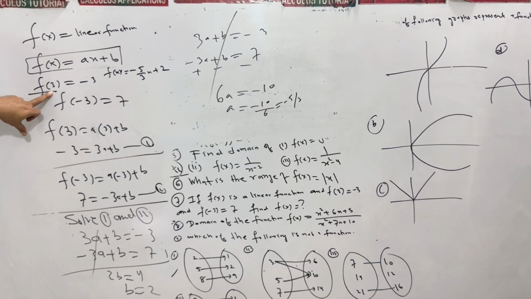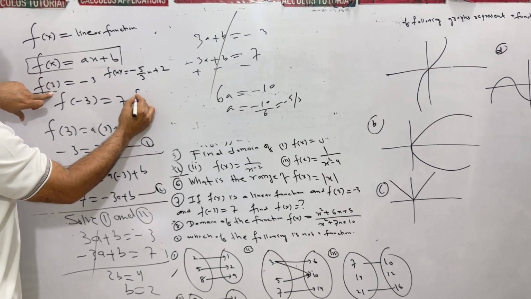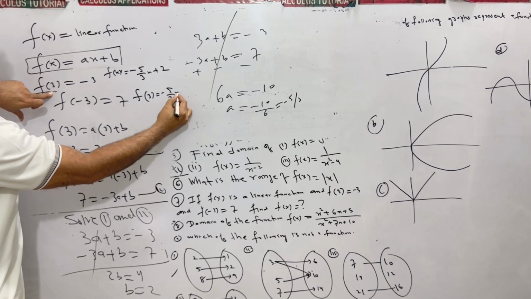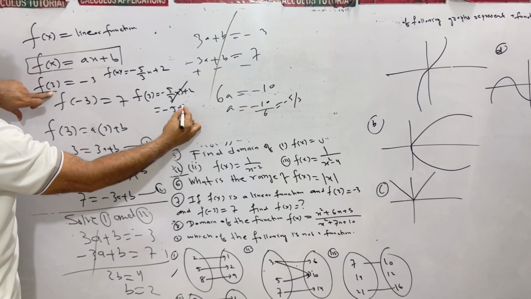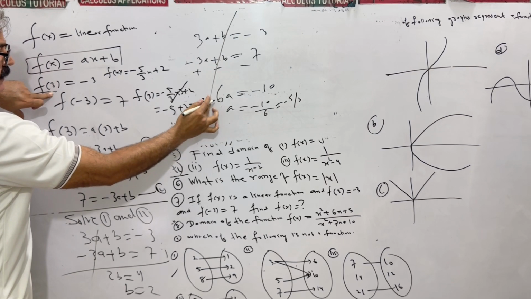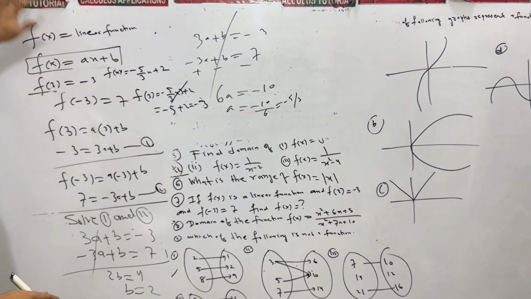One can verify. Put x is equal to 3, whether we get minus 3 or not, how to check. Put x is equal to 3 here. f of 3 is minus 5 over 3 times 3 plus 2. 3 cancelled out. I have minus 5 plus 2. That results in minus 3. Cool. If I put negative 3 here,